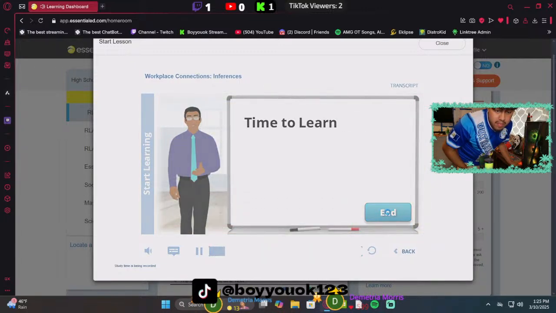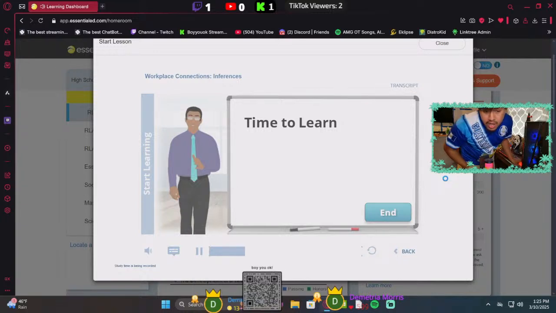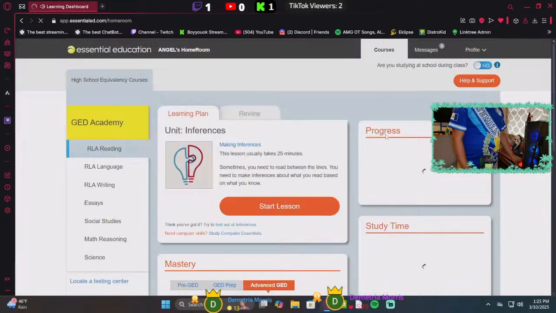Now that you've learned a bit about how this unit can help build your workplace skills, it's time to study and learn. As you take the lessons in this unit,